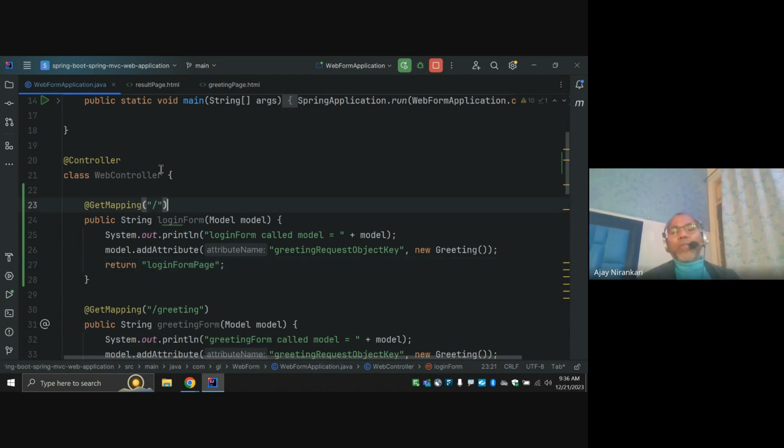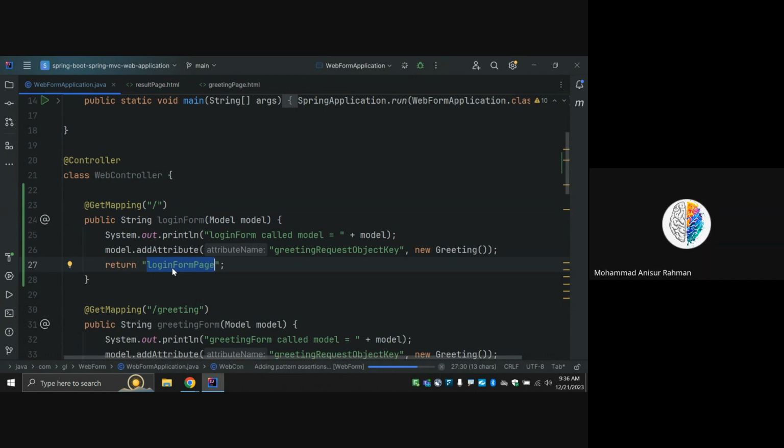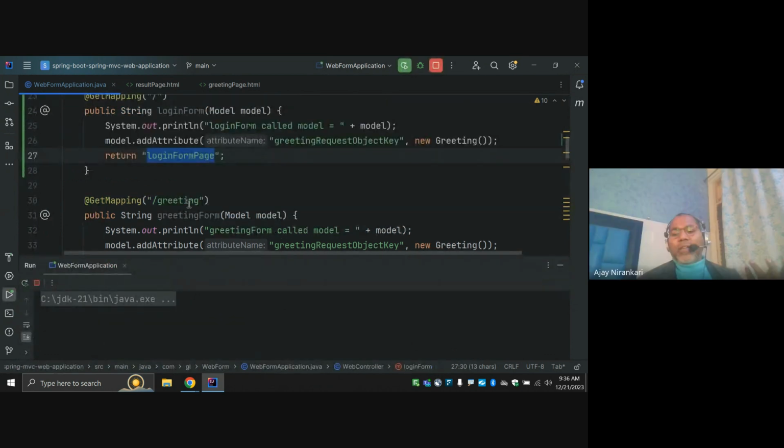If I restart this application and say slash greeting, that means this Java code, at least this line, prints, and after that it says this page does not exist, because till now I have not created any HTML page for the login form page, right? If I restart it and test it here,